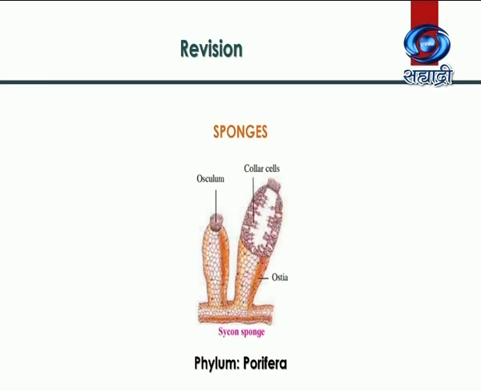The body cavity of these members is known as spongocele. Presence of a water canal system is the important feature of this phylum. In this system, water enters into the body through ostia and moves out through the osculum. Meanwhile, nutrients get absorbed in the body. These members are soft and their body is supported by spicules and spongin fibers. Spicules are calcareous or siliceous. Then presence of choanocytes or collar cells is the important feature of this group.